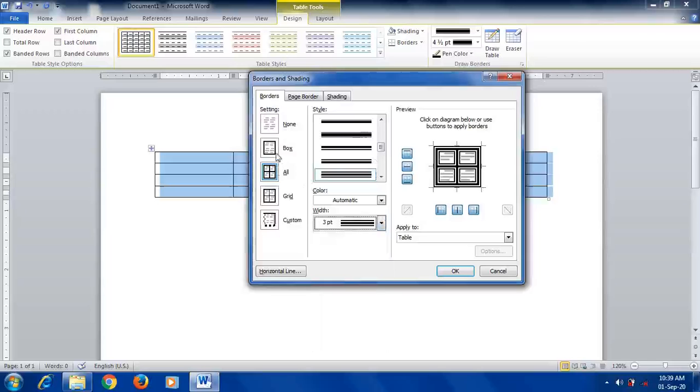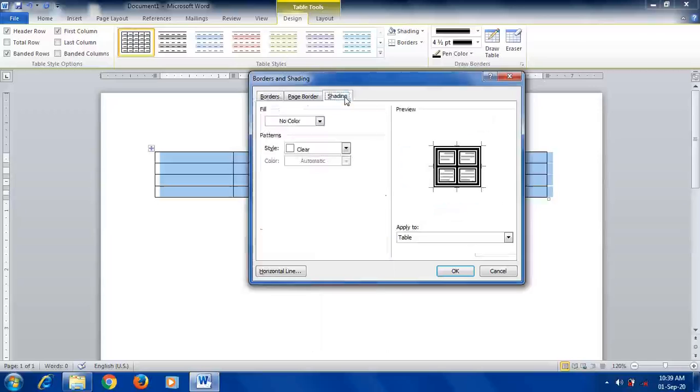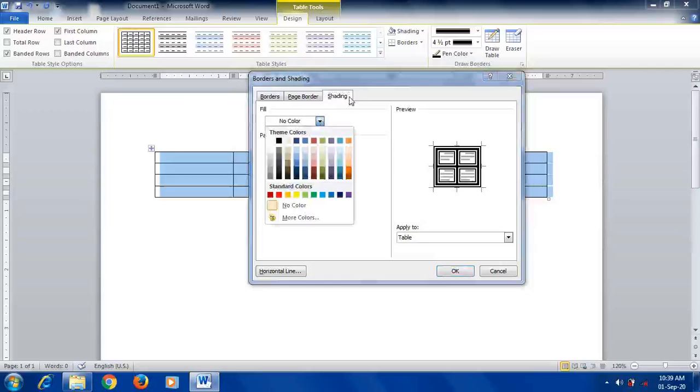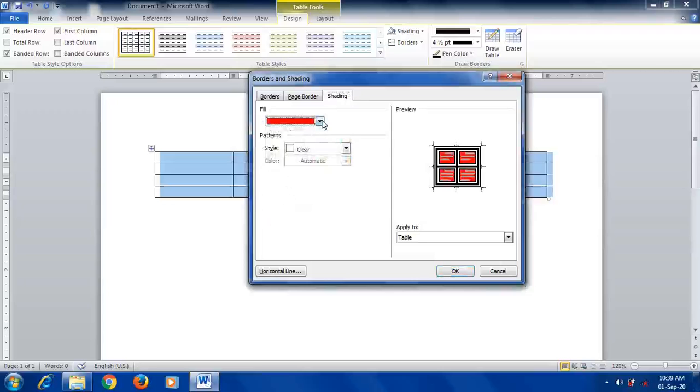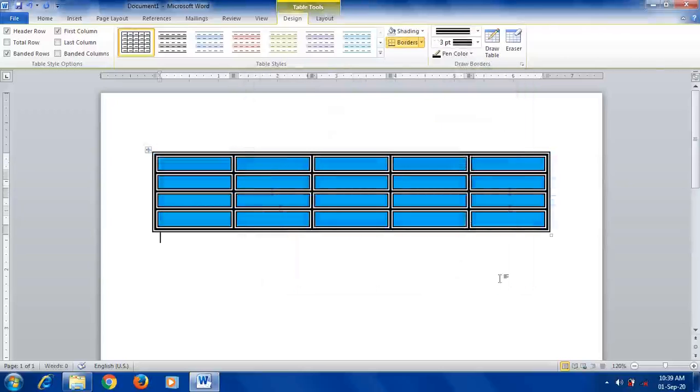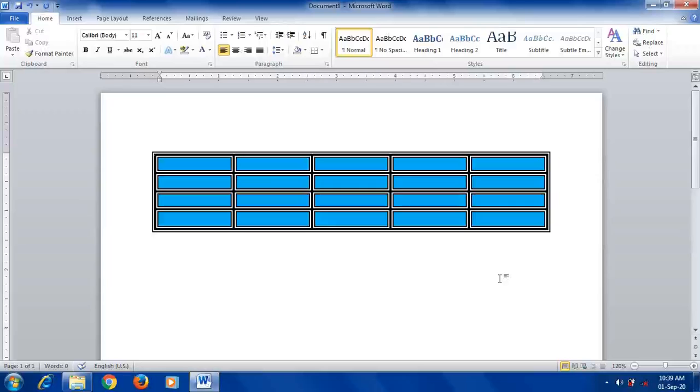If you want to set it only for the outside, select Box, then select the color in the Shading tab. Which color you want to apply, select the color, then afterwards click on the OK button, then observe the change. Okay, so this is the way to set the borders and shading for the table.